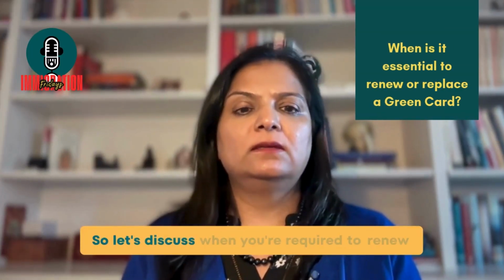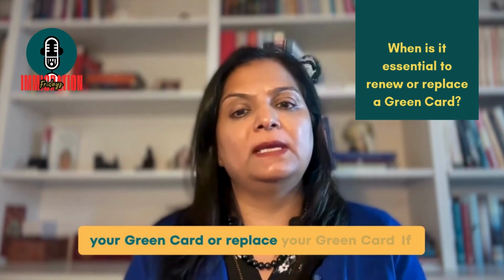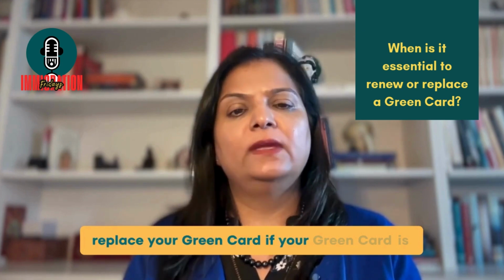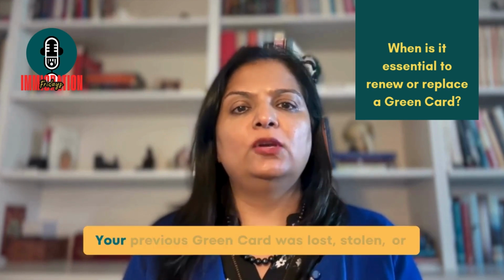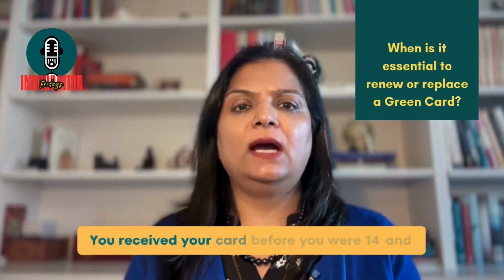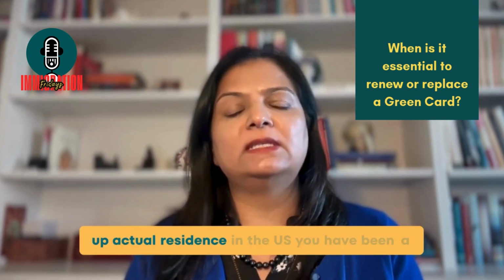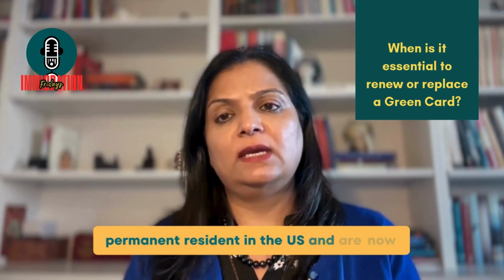So let's discuss when you're required to renew your green card or replace your green card. If you're a lawful permanent resident, you must replace your green card if your green card is either expiring or will expire within the next 6 months, your previous green card was lost, stolen, or mutilated, you received your card before you were 14 and now you reached your 14th birthday, you have been a commuter and are now taking up actual residence in the US, you have been a permanent resident in the US and are now taking up